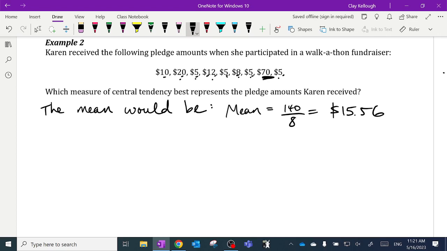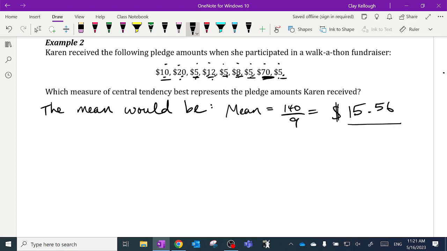Well, not really, when 1, 2, 3, 4, 5, 6, 7 out of 8 houses. Is there 8? 1, 2, 3, 4, 5, 6, 7, 8, 9. Oh, my apologies. There's actually 9. Okay, I got to redo my data here. 140 out of 9. And I better punch that on my calculator. I had that as 8. 140 divided by 9 is, there we go, 15. Oh, I had the right number, though. $15.56.